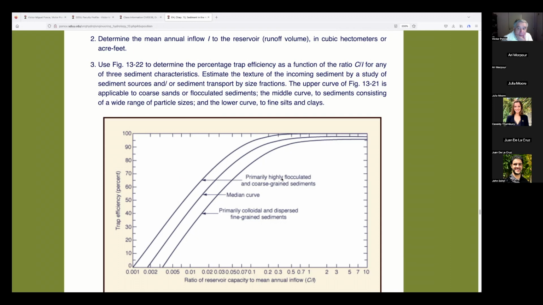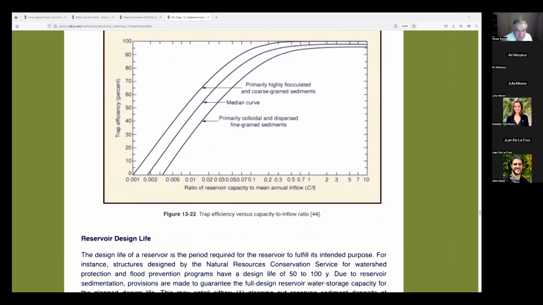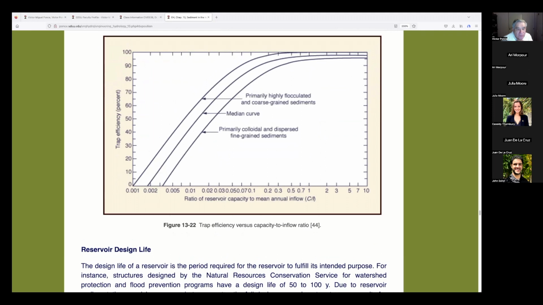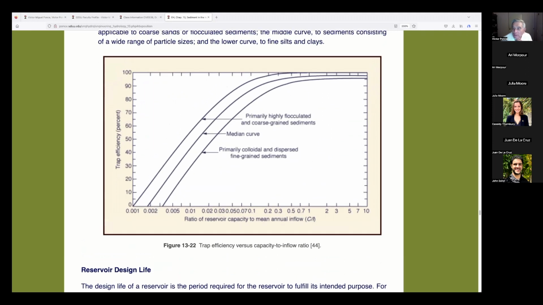So the upper curve is applicable to coarse sands. As I said, the middle curve to sediment consistent with a wide range of particle sizes, and the lower curve to fine silts and clays. Okay, so from this tool given to us by Brune, we can actually calculate in a ready way, meaning